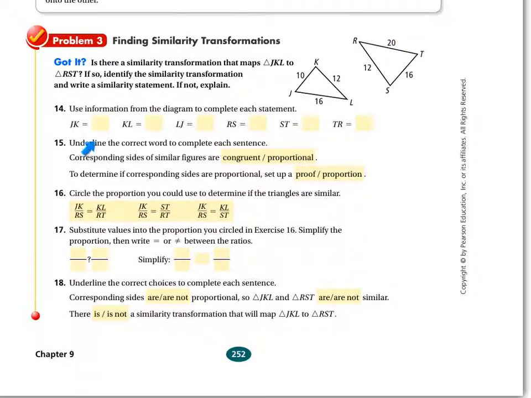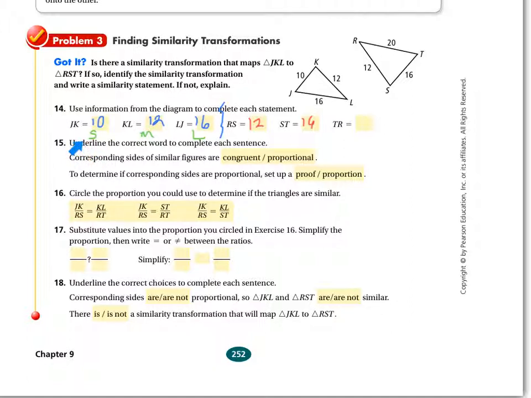So JK is equal to what? 10. So let's put those numbers in there. And KL is equal to 12. And LJ is 16. So that's all one triangle. And if I were you, I would put here small, medium, large. And then on the other triangle, I would be ordering those identically. So RS is 12. ST is 16. And we'll finish this tomorrow. All right, so